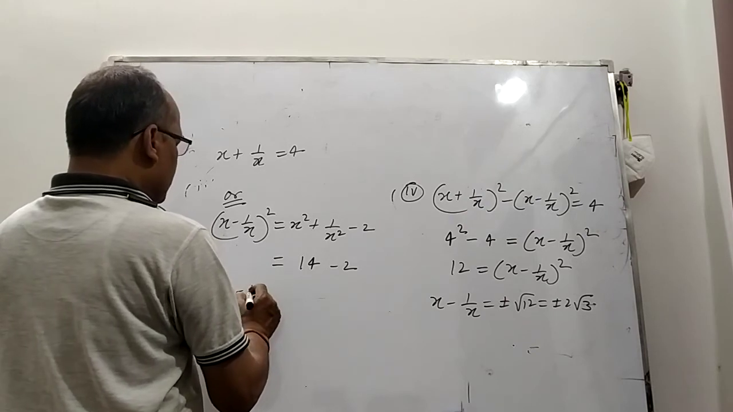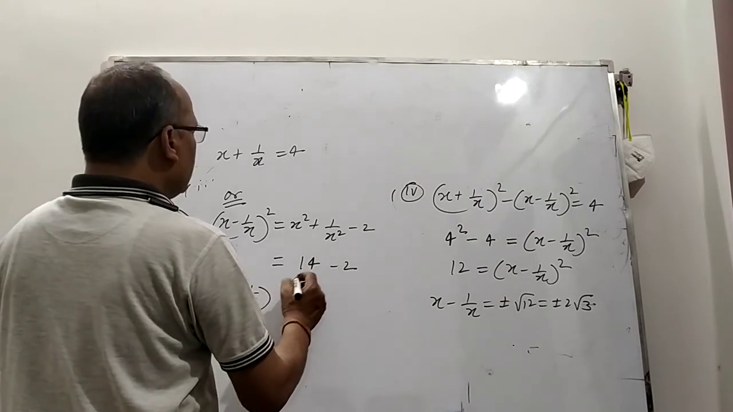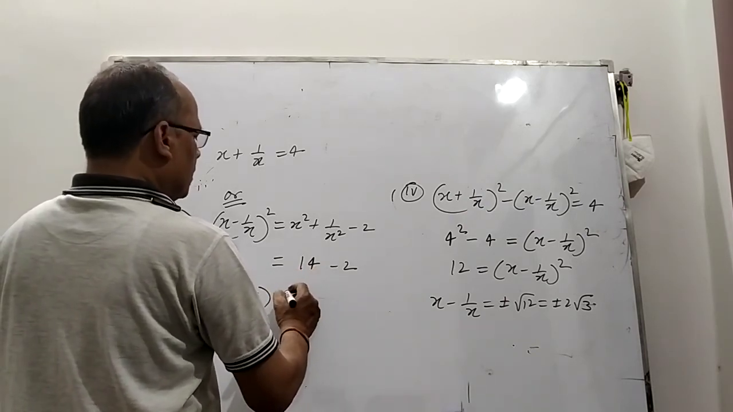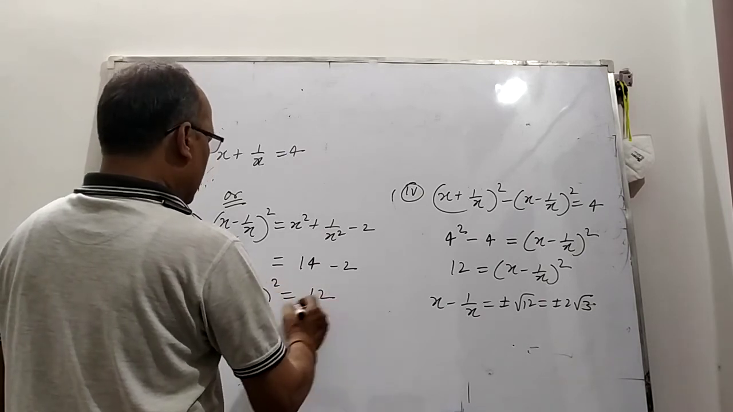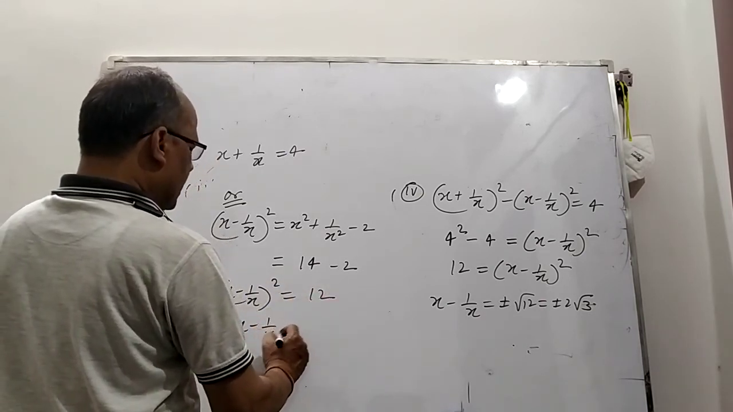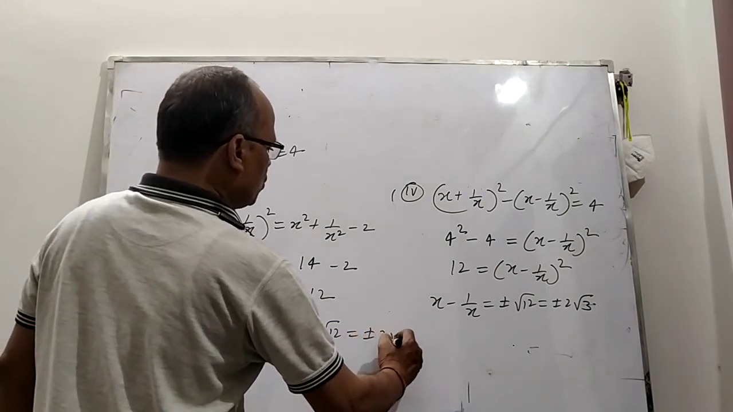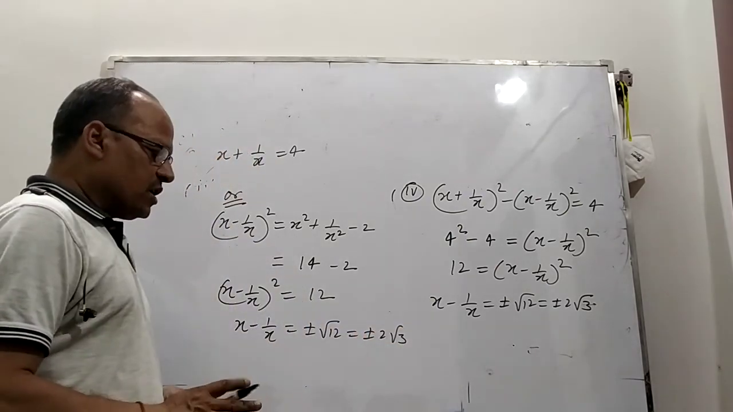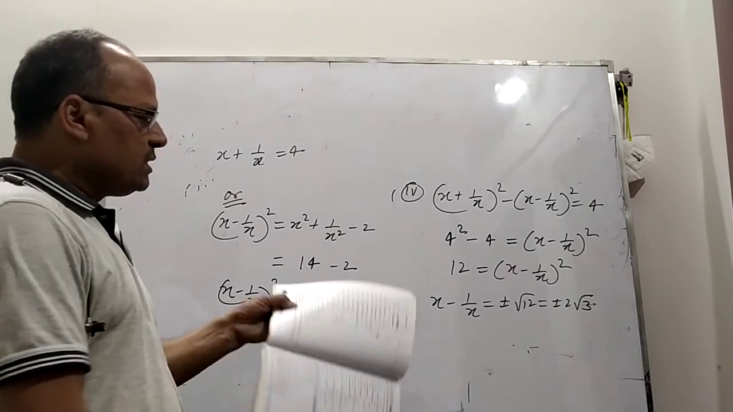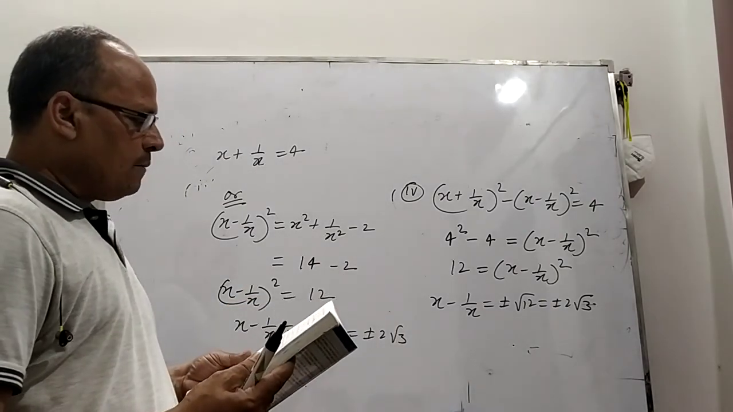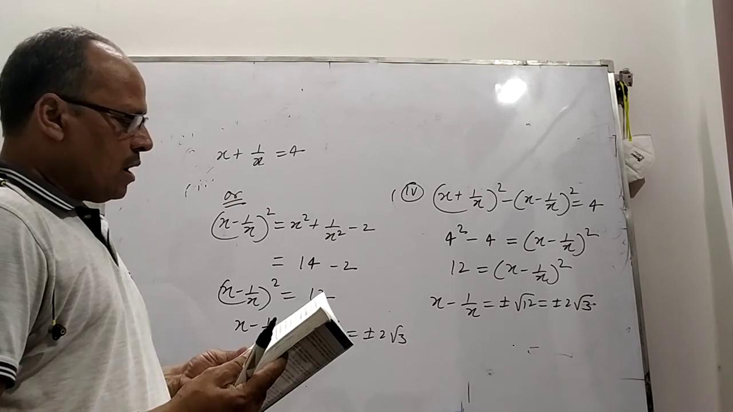तो (x minus 1 upon x) whole square equal to 12. तो x minus 1 upon x equal to plus minus under root 12 equal to plus minus 2 root 3. This is clear. In this way, you will try to solve the questions up to